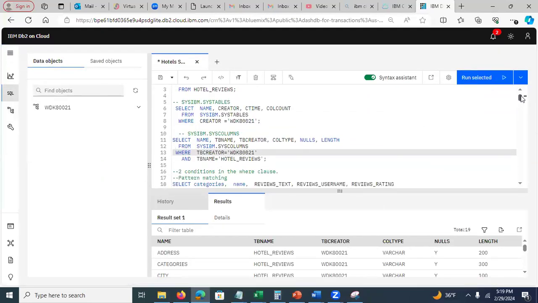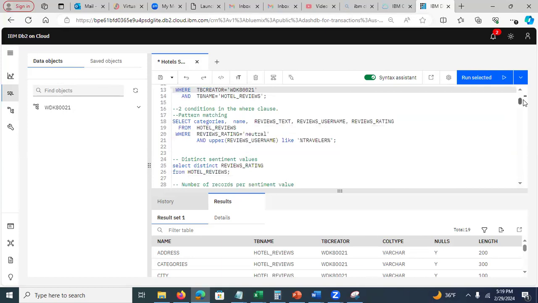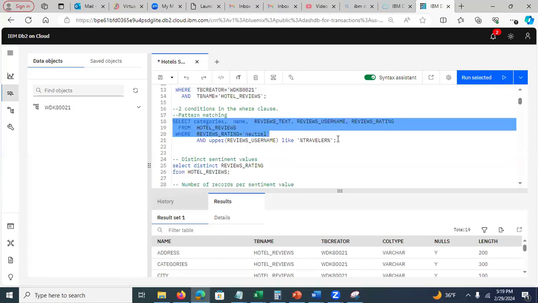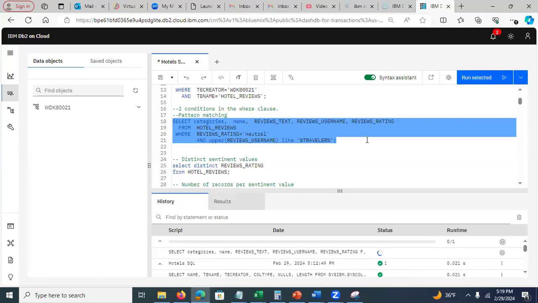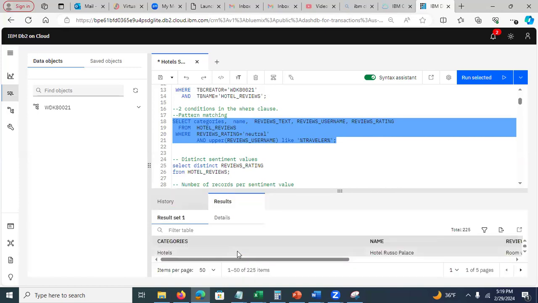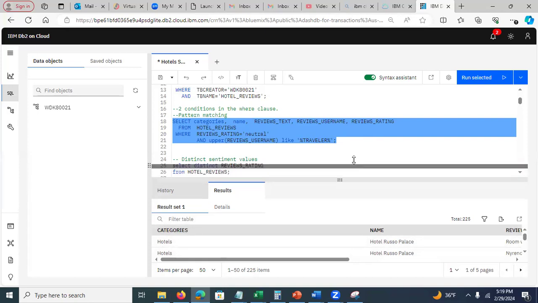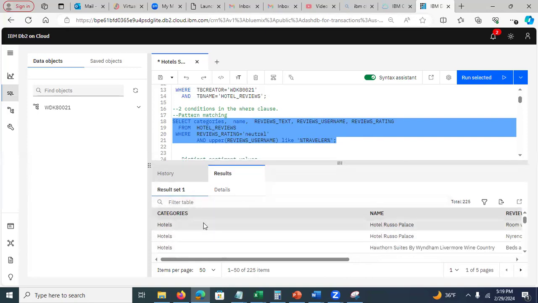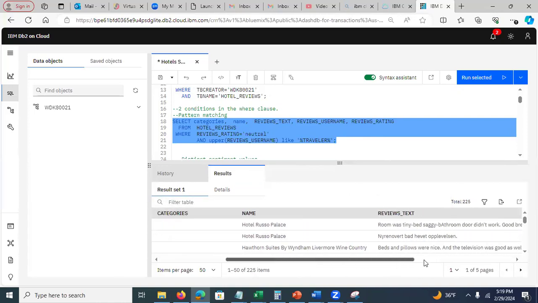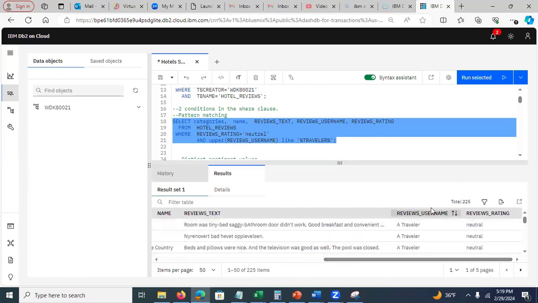SQL. Okay, so that's the 2 conditions. Let's see, I'm going to run it now. Run selected, and let's see what happens. Click here, that's an output. Yeah, that's an output. So see here that the category is a hotel name, but the important thing is that the review text and reviewer